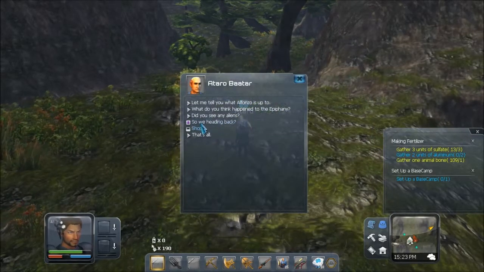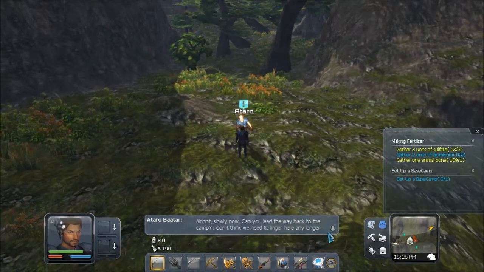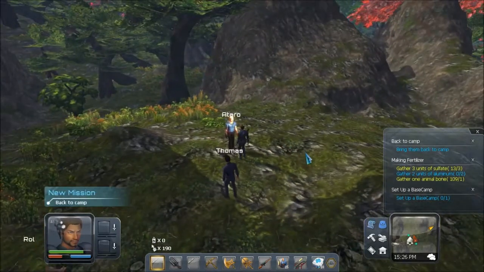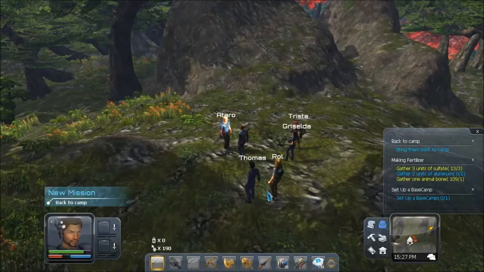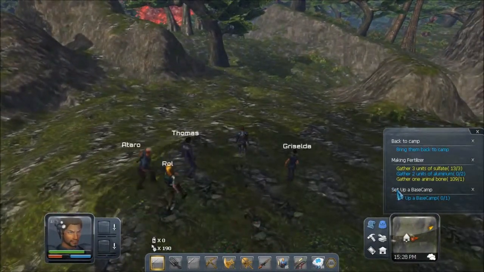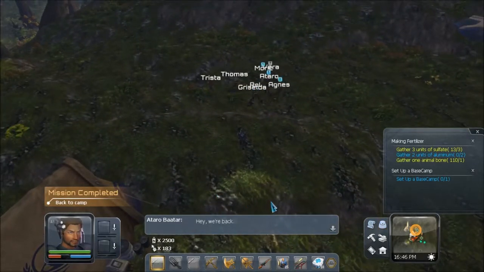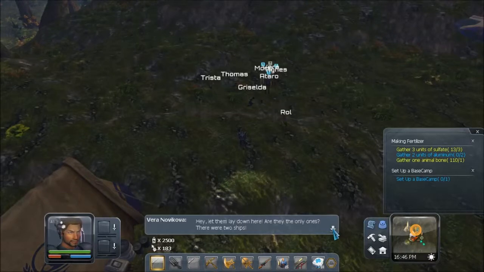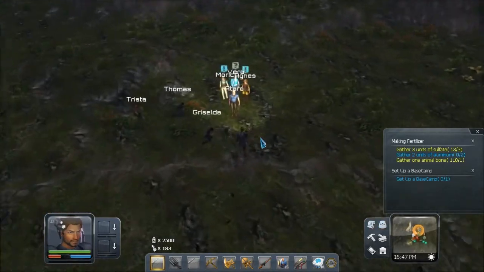So let's talk to him. I don't think I need to ask any of that. Lead the way back to camp. So now I have to walk them from here over to there, and I'm going to do that off camera. If something interesting pops up, I'll let you know. Alright, made it back to camp. There's a little dialogue. Everyone comes rushing in to greet. And I should be able to...